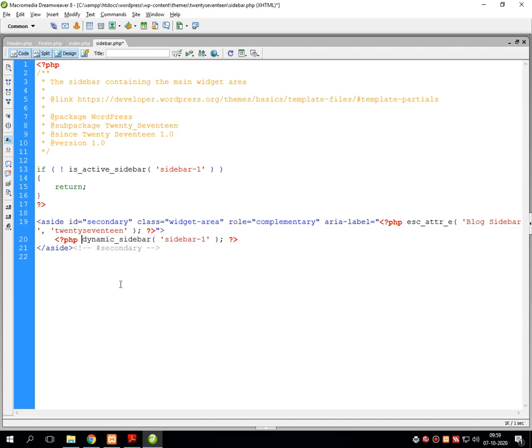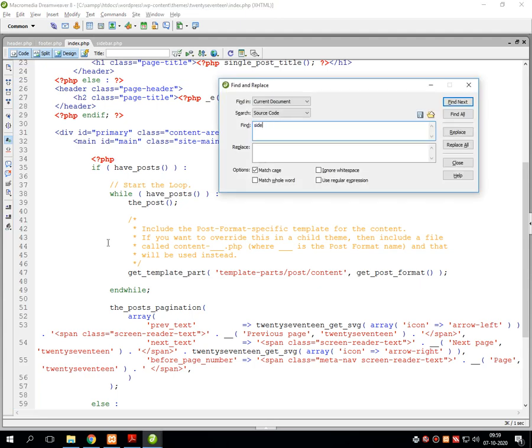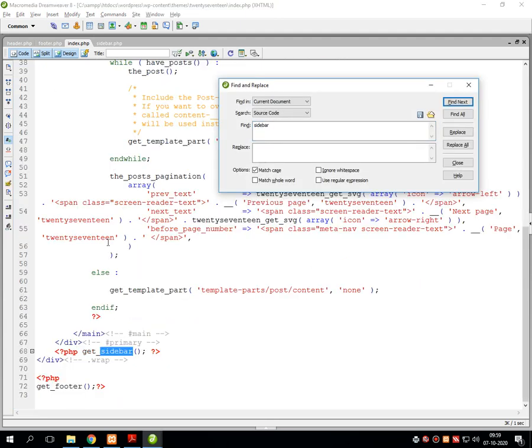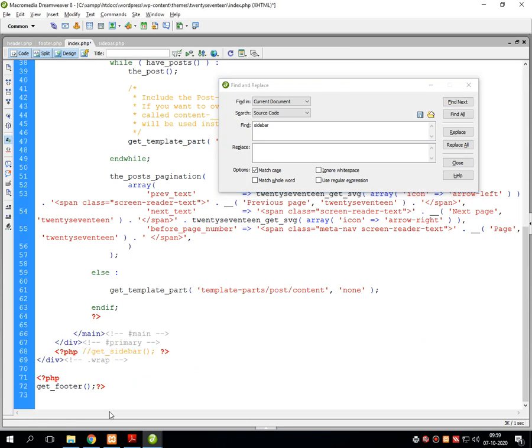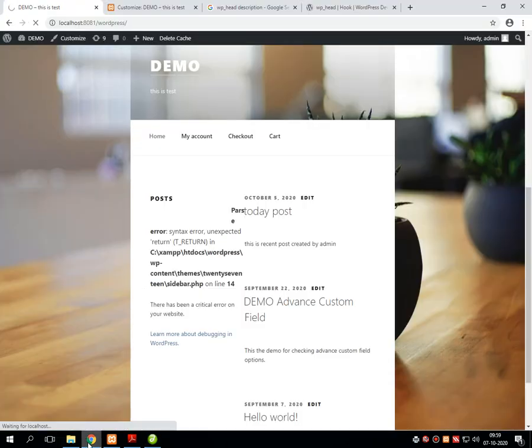I'm doing it wrong. Don't change over here, just go into index.php and search for get_sidebar, put it into a comment in index.php, and then refresh the page.